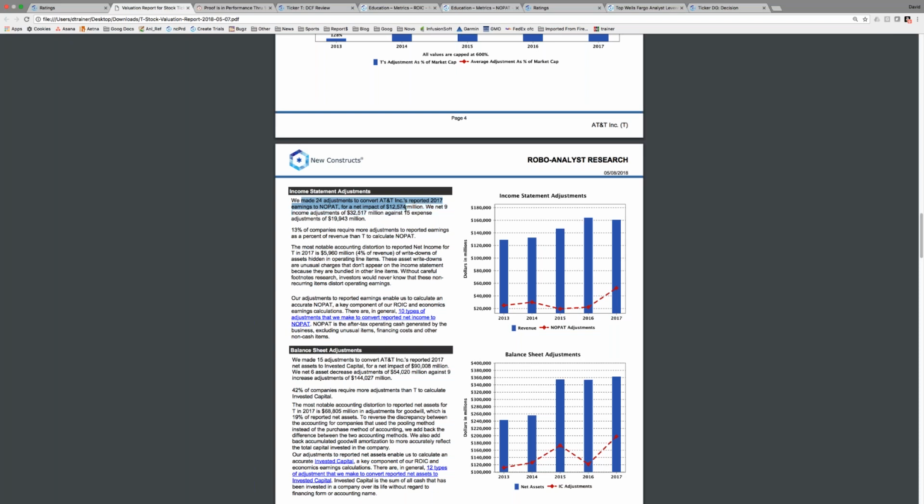9 income adjustments, where we increased, and 15 expense adjustments where we decreased. 13% of companies make more adjustments to earnings than